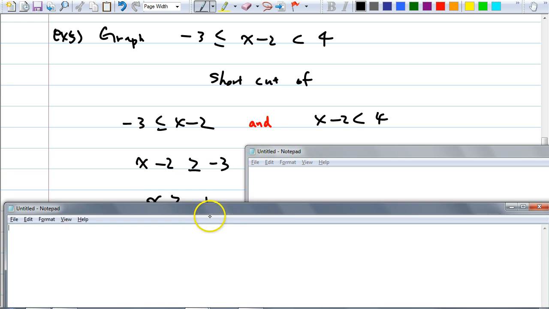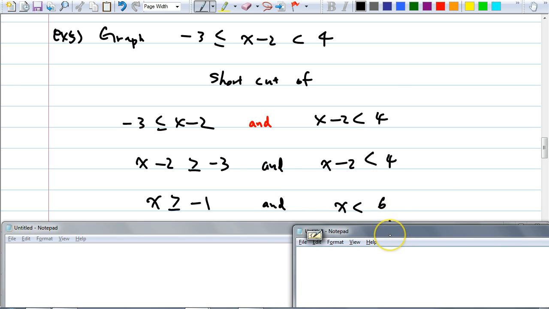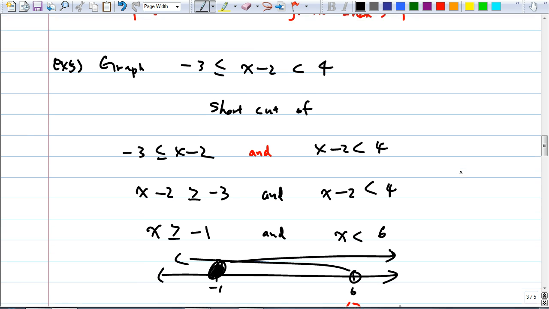Then you're going to add 2. Don't you get x is greater than or equal to -1? Yes? For the other one, you're going to add 2. You get x is less than 6. And you have "and" in the middle. Do you think we need to do some scratch work here? Did you do this? So you get x greater than or equal to -1, including -1 there,